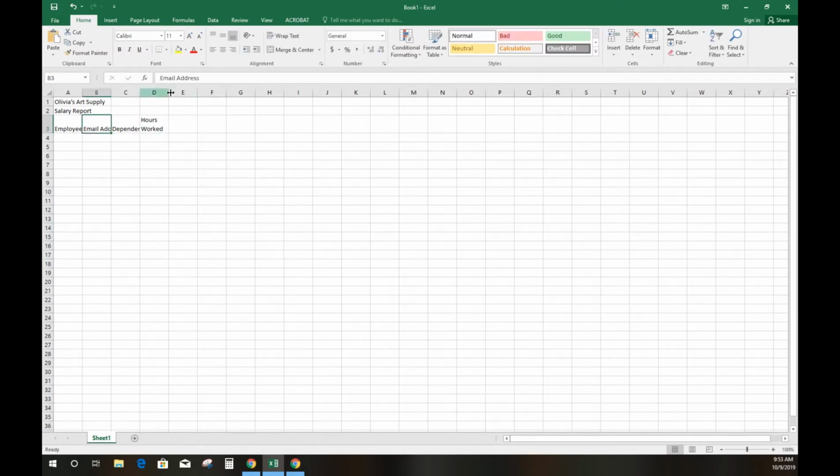So let's go back and redo that for email address. Email, Alt Enter, address, and then I'm going to tab back over. That way it just saves some space. Then we need hourly pay rate, and we're going to do hourly, Alt Enter, pay rate,